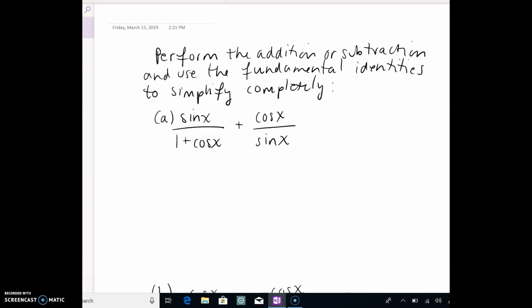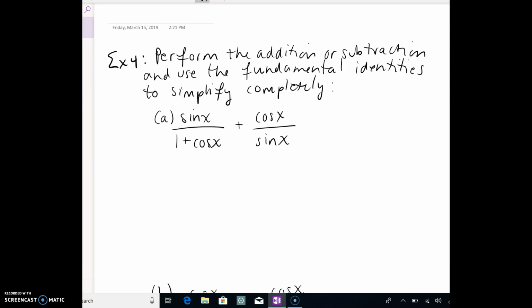Okay, for these examples, for example number 4, A and B, we are going to talk about that little trick of combining fractions together in order to help us simplify some trigonometric expressions and get some identities out of them. So let's take a look at sine x divided by 1 plus cosine x